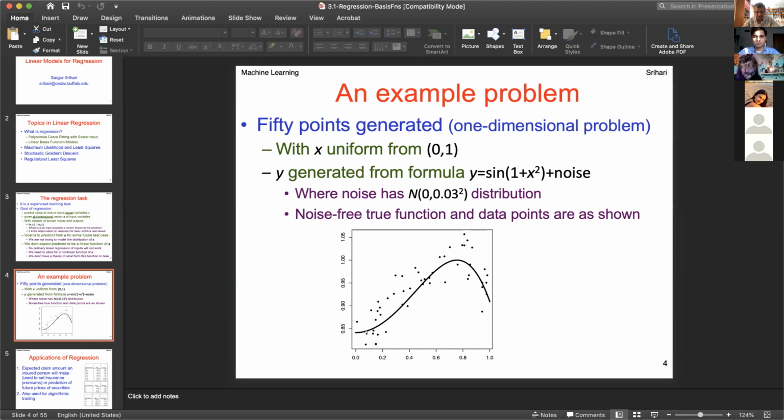are shown. So we are given all these noisy points, and the task is to figure out some kind of a mapping from input to the output, so that in the future, when we give a new input, we can say, here is the output for